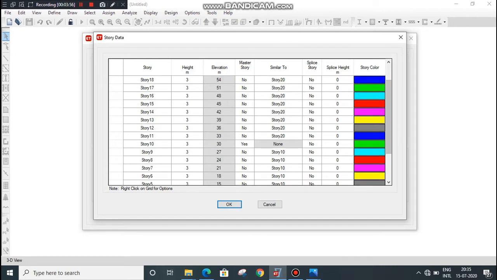Now the stories from 11 to 16 are the same. Select story 11 as a master story, and the stories from 12 to 16 as similar to story number 11.